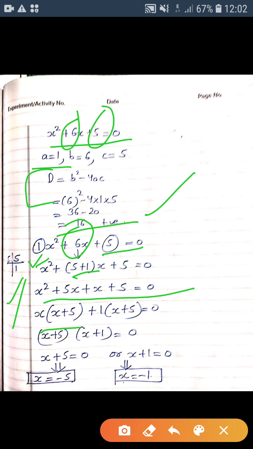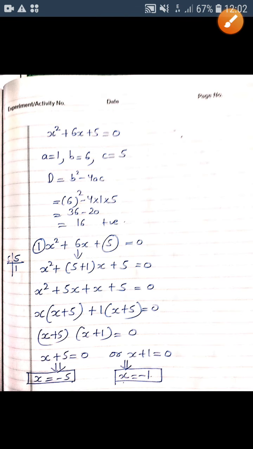That means x multiplied with x plus 5, taking out common, and here 1 is common, so x plus 5 equals 0. So we have two factors now, x plus 5 and x plus 1 equals 0. So either x plus 5 equals 0, that gives us x equals minus 5, or x plus 1 equals 0, that gives us x equals minus 1. So this is the method of factorizing. You will be practicing many questions based on this, finding the solution by the factorization method.